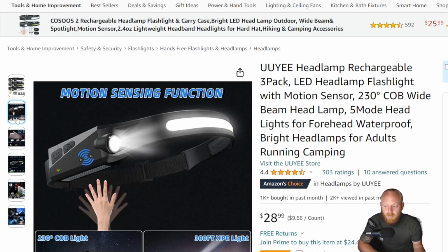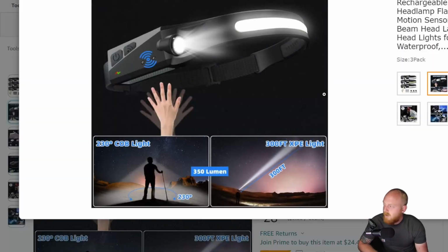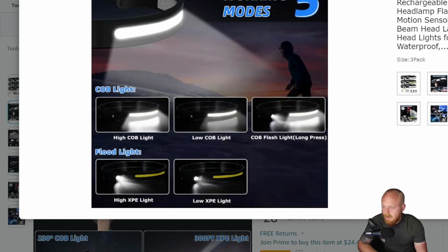I know a lot of people who have used not necessarily this brand, but this same headlamp and had very good experiences with them, so I figured I'd try them out. I'll just show you some of the images included on here. Motion sensing function, 230 degrees, 350 lumens, 300 foot for the more direct light, 5 working modes, high, low, flash,